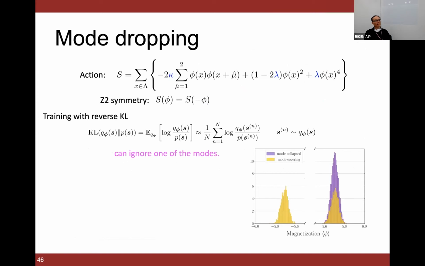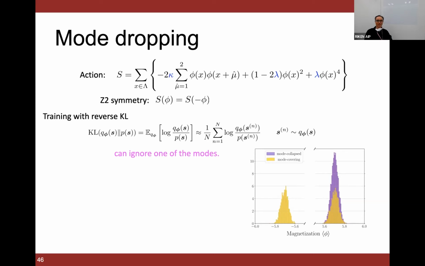So in this phi to the power of four theory, there is a Z2 symmetry, meaning that if we change the sign of the field, the action is the same. Yes, the action is the same. And in this situation,